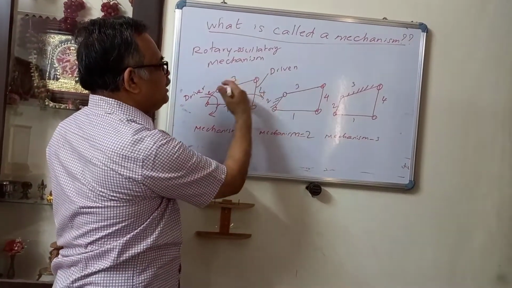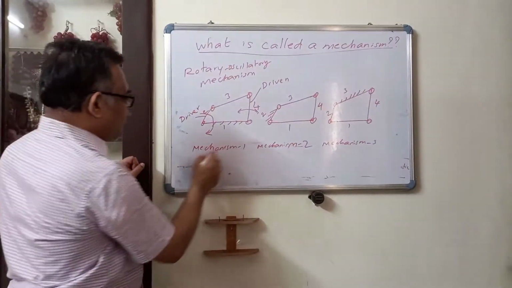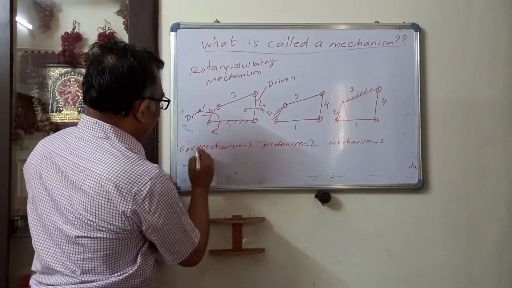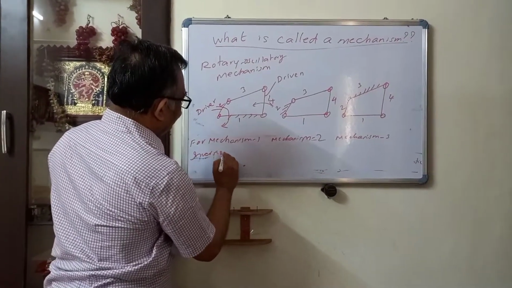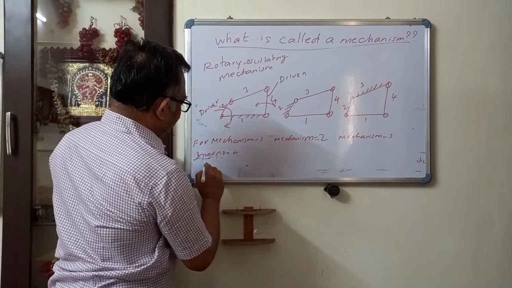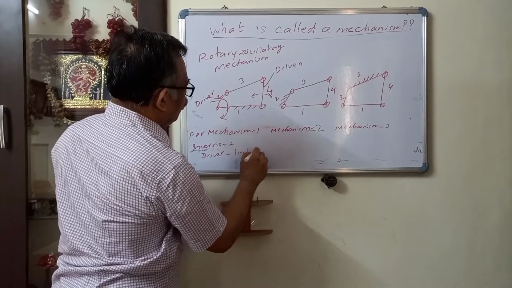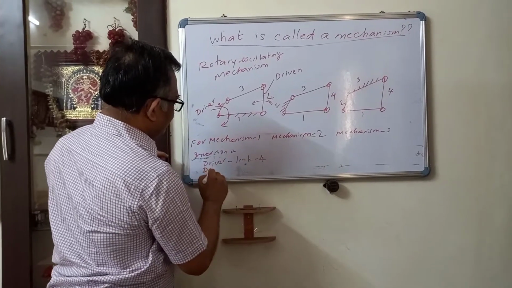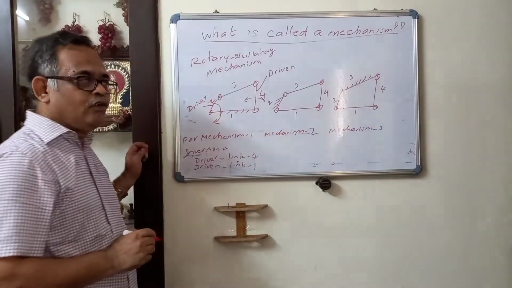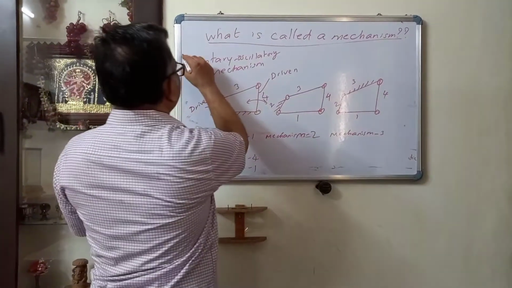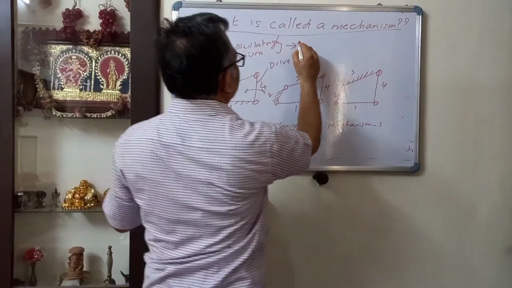So by oscillating this, the driven link will rotate. So for mechanism 1, in the inversion, the driver is link 4 and the driven is link 1. So for the rotary oscillatory mechanism, the inversion is called